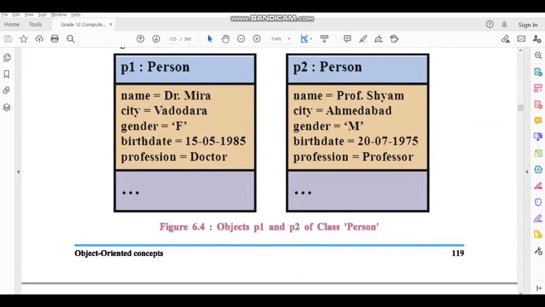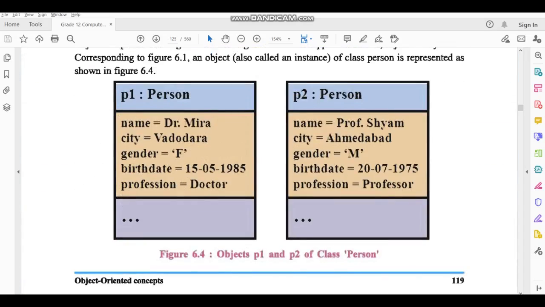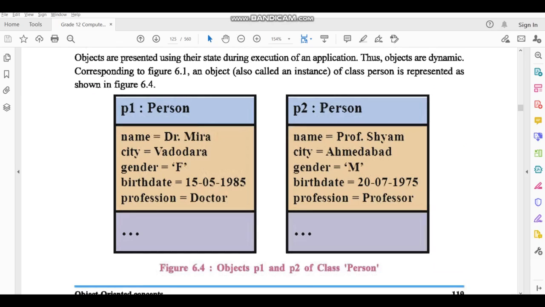And as well as, in this you can see that we have also made the class diagram after two objects have been entered in Person. यहाँ पे दो ऑब्जेक्ट एंटर हुए हैं, ठीक है, ऑब्जेक्ट P1 एंड ऑब्जेक्ट P2, और इसका डायग्राम भी आप यहाँ पे देख सकते हो। तो थैंक यू सो मच एवरीवन।